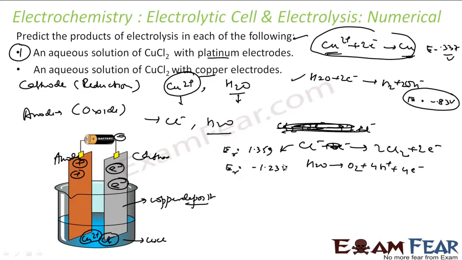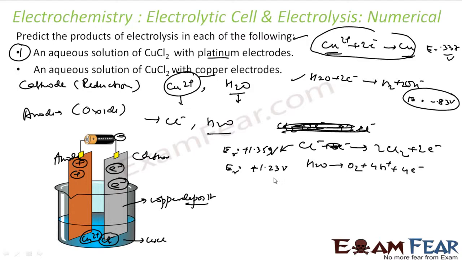Actually, I can write the oxidation potential for both. This is plus 1.23. Both are plus actually, right? This is the reduction potential for chlorine. This is the reduction potential for water. If I write the oxidation potential, both will get a negative sign. That means to oxidize chlorine, I need 1.35 volt, and to oxidize water, I need 1.23